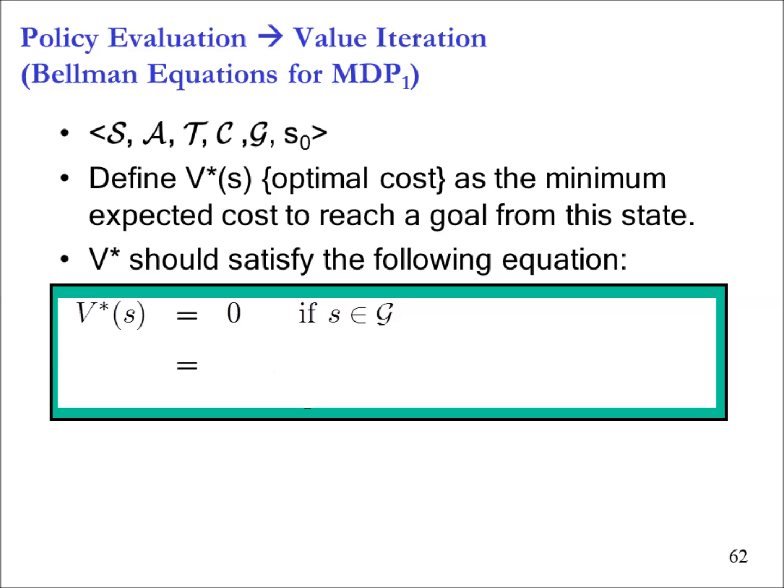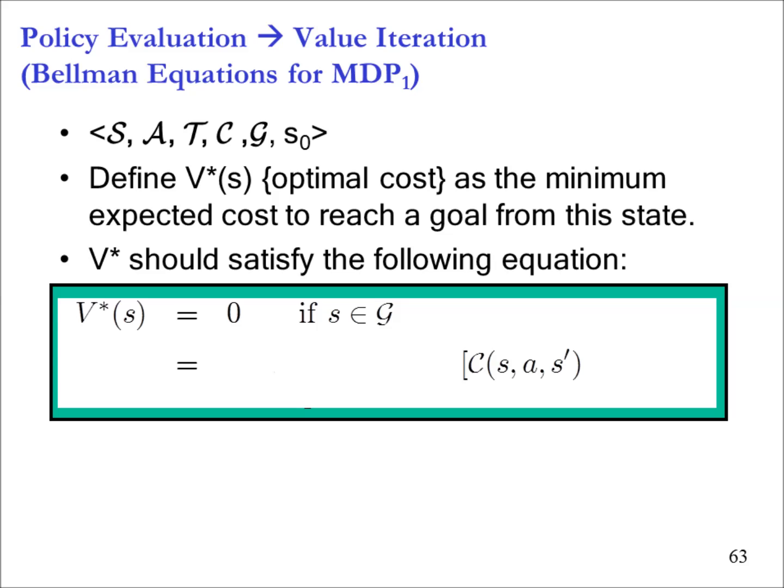Everybody okay with this? Okay, so now I want all of your concentration for this slide and then you can sleep. So if I take action A in state S and I reach S prime, what is the immediate cost that I will be paying? Cost of C S, A, S prime. What is the best long-term cost that I can pay? V star S prime. No, V star S prime. No, I mean, I'm not saying right or wrong.